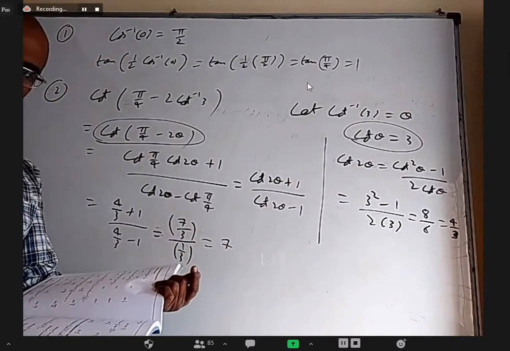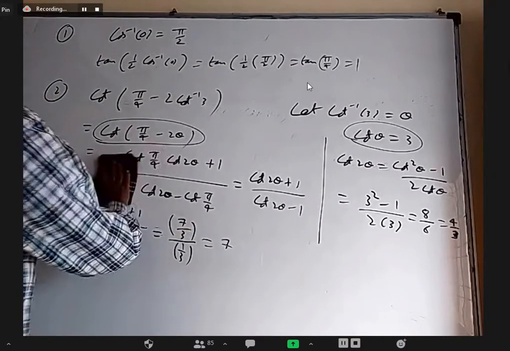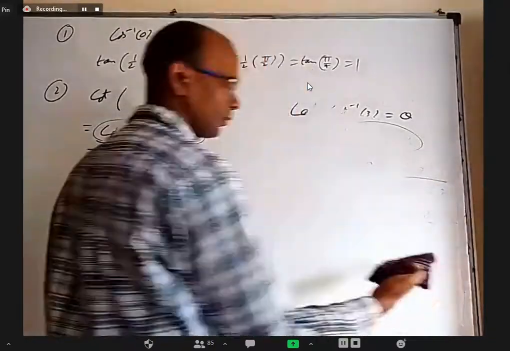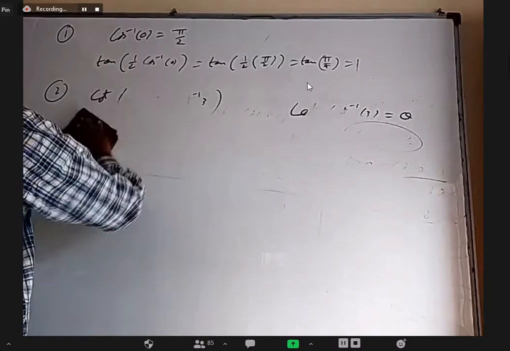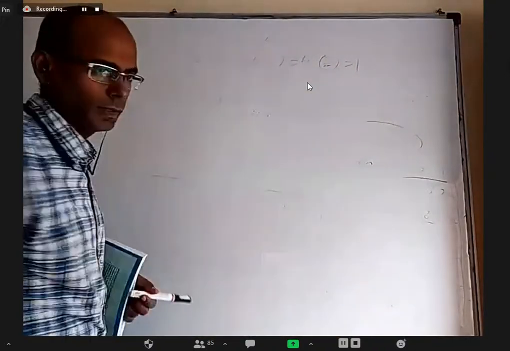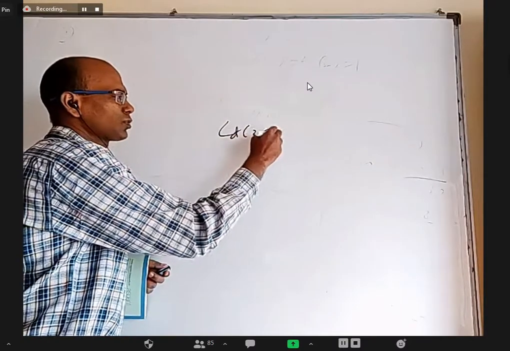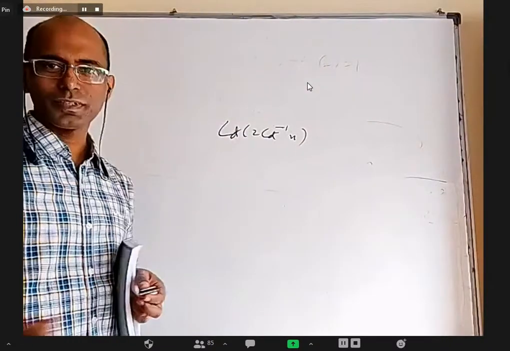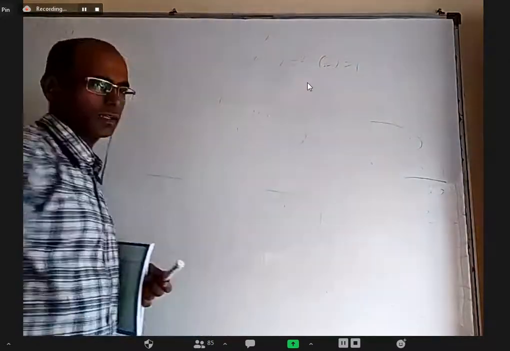Alright, second question, everybody. So can we do this using an inverse trigonometric formula? I think no, basically we'll do this only at the end. I'll tell you what we mean by inverse trigonometric formula. When you open up this cot of pi by 4 minus 2 cot inverse x, somewhere cot 2 cot inverse x will come. For that we have a formula in inverse trigonometry.